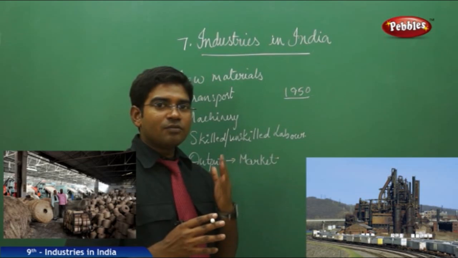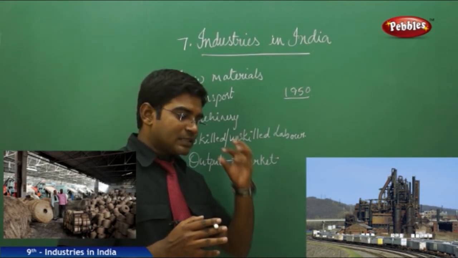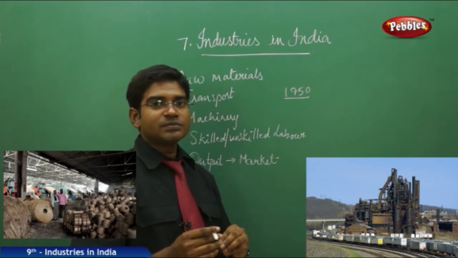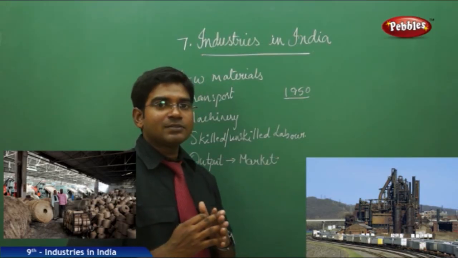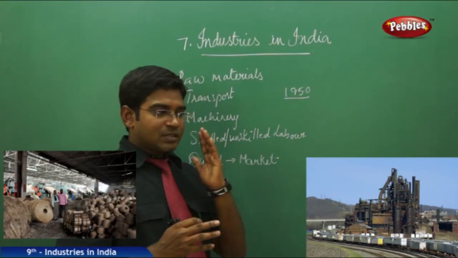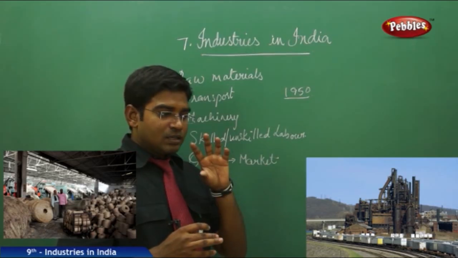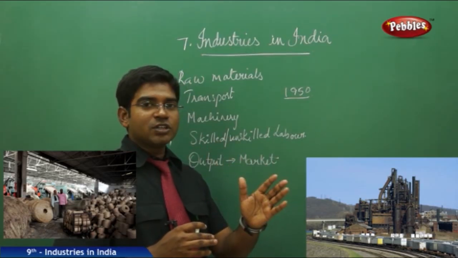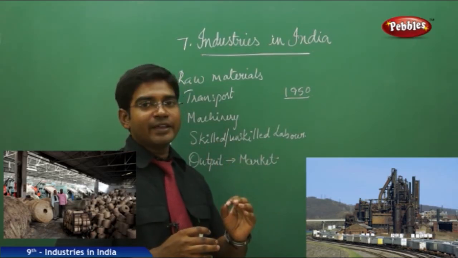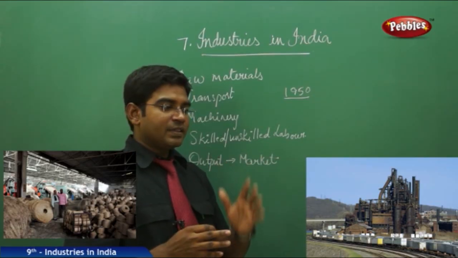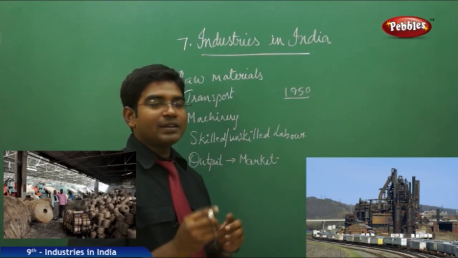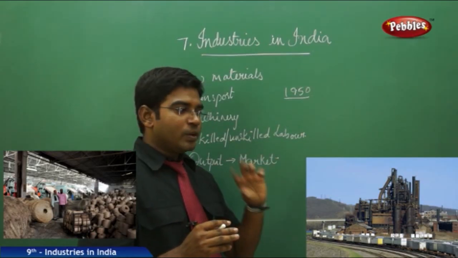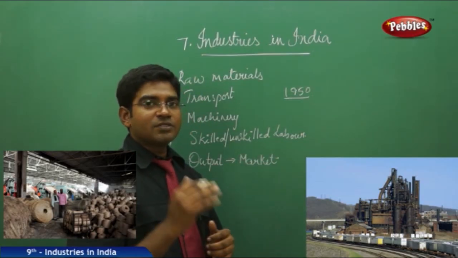So for all these we need the raw materials. As soon as India attained its independence and started to focus on development, in the first 5-year plan it turned its attention to agriculture. The second 5-year plan was seriously dedicated to the development of the industrial sector. So they kept the main target in the second 5-year plan to initiate the development of the industrial sector.